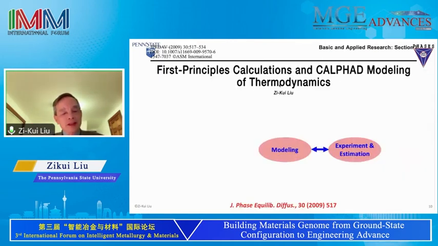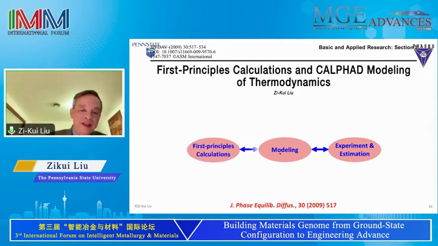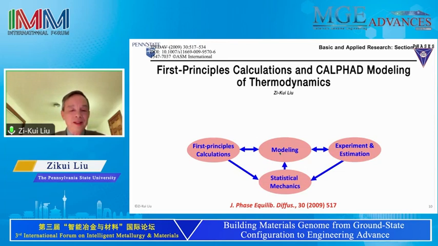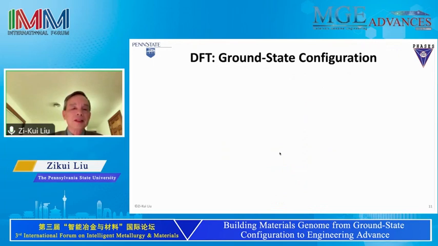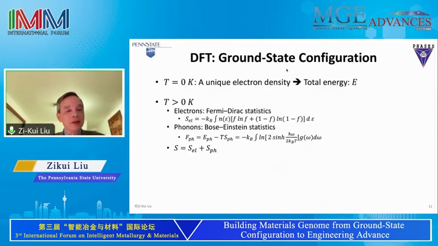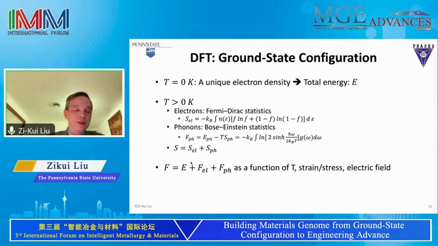Okay, so what it means is that before the 1970s, or even before the 1990s, most of the modeling started with experiment data. Okay, and then in the 1990s, we started to do first principles calculations at 0 Kelvin. Then we found that we need to do the phonon calculations. Then we made our database better. However, okay, what we found is that we can do all those calculations with the ground state. And we do 0 Kelvin energy, we do the phonon calculations, some electron contribution, we get the free energy. Okay, then we say we're happy, right? It's very good. We can do all the calculations.